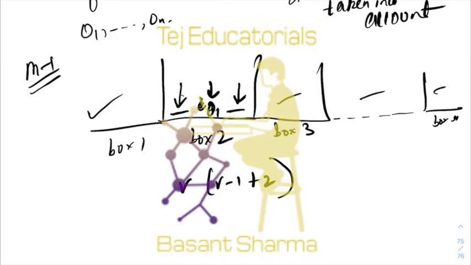Or it can go to two places, either to the left or the right of O1. So two more such positions it can take. So r minus 1 plus 2.